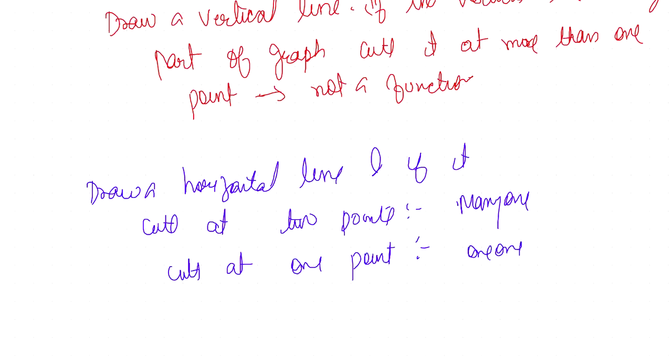किसी वर्टिकल लाइन रिप्रेजेंट्स व्हाट? वर्टिकल लाइन रिप्रेजेंट्स x, ठीक है। सो x-axis, तो हमने अभी पढ़ा कि x का जो रिश्ता है y से, one, x के सारे एलिमेंट्स एक ही एलिमेंट के साथ कनेक्टेड होना चाहिए। Therefore, the vertical line should cut only at one point, where the horizontal line represents y. Now y can be related in two ways. Either it can be one-one with x, or y can be related many-one with x. y मतलब range और x मतलब domain, y मतलब set B, x मतलब set A, ठीक है।